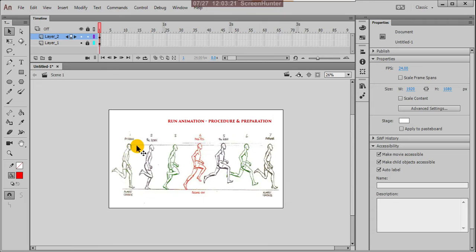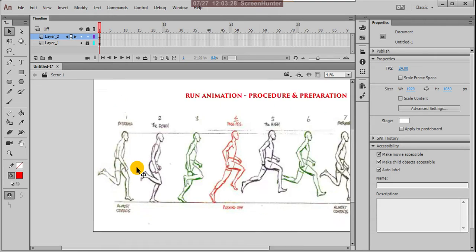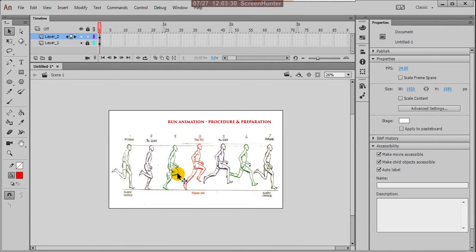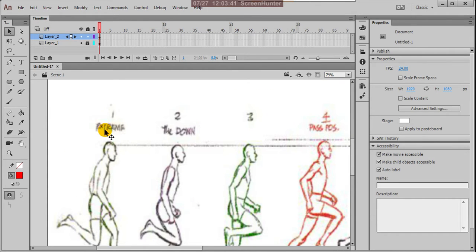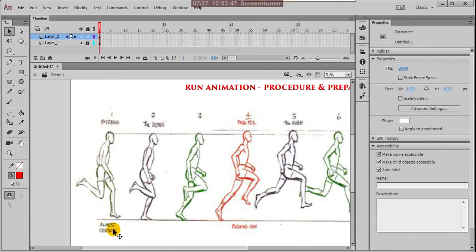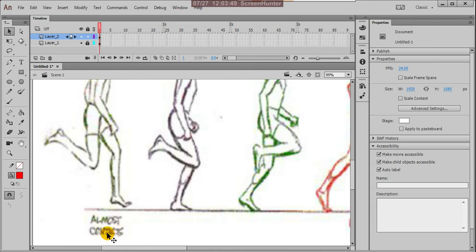Like walk, this also has some different poses, shown in different colors, indicating each particular pose. If you observe one by one, this is called the extreme. Extreme means the first main key pose. This is called almost contact.